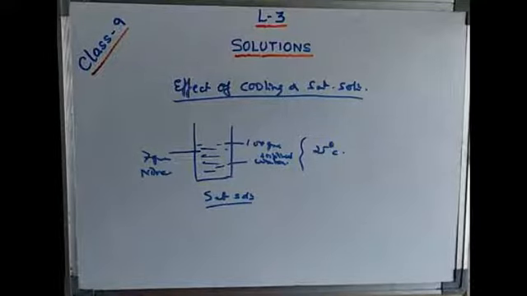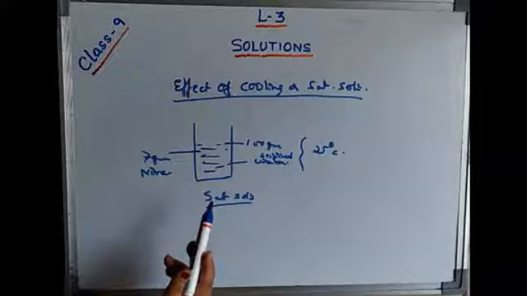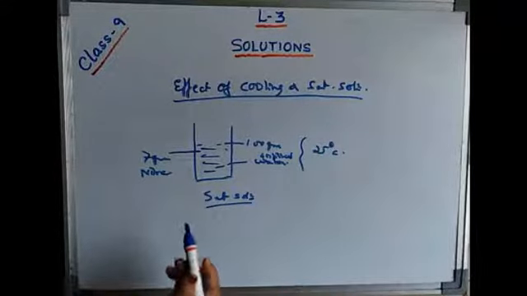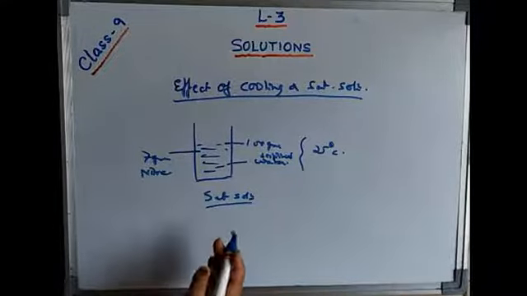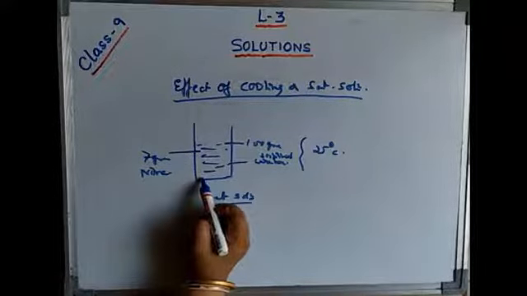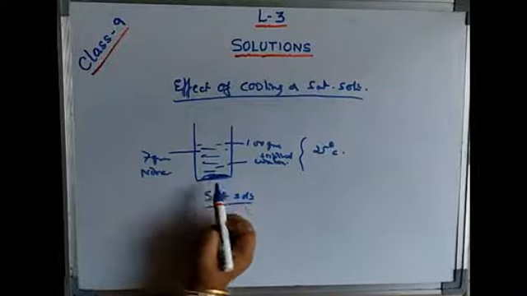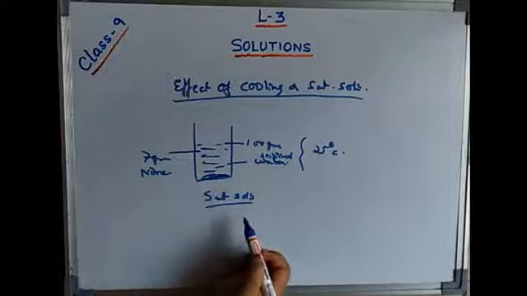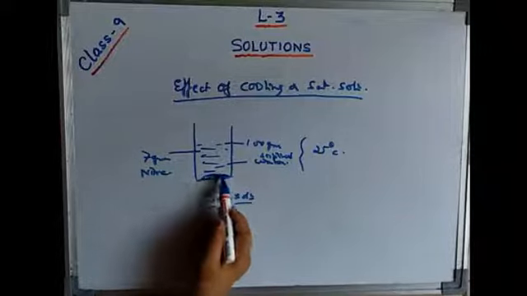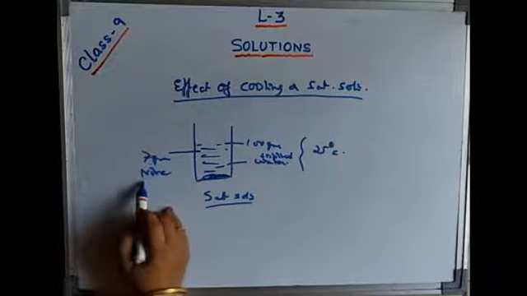Now let's see, if the temperature of the saturated solution is lowered, or if a solution is left open at a higher temperature for a long time, then what will happen? The solvent slowly vaporizes and a part of the dissolved solute separates out in the form of crystals. Because I have decreased the temperature, the extra solute will come out in the form of crystals, because niter is a crystallized salt.